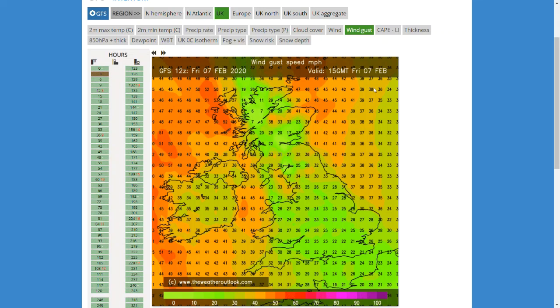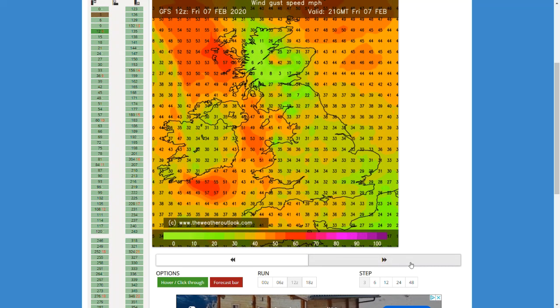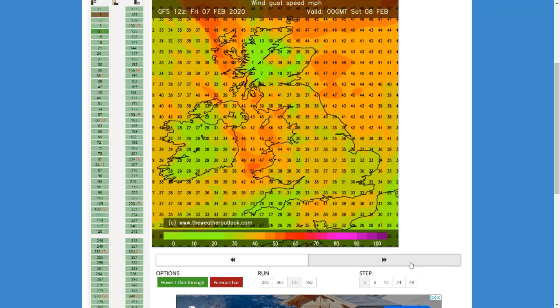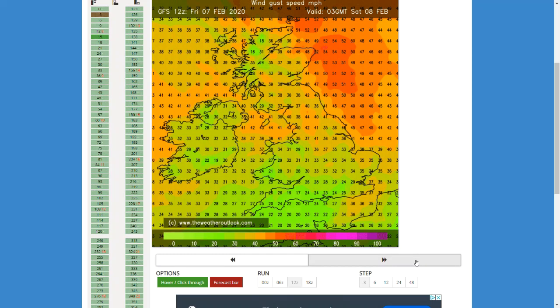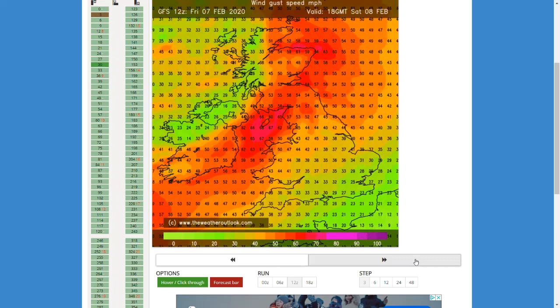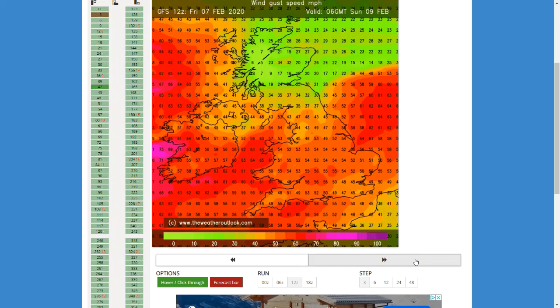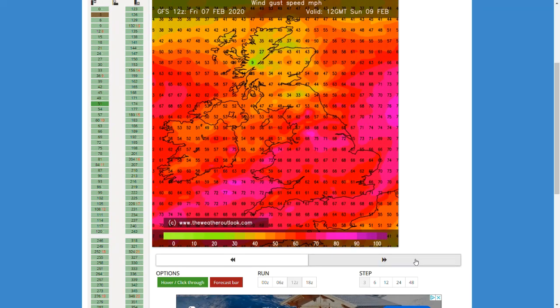And welcome back. We're now going to be looking at Storm Ciara, with the potential wind gusts that we're going to be seeing with that. Let's go through the GFS run. This is going in Friday night, so these are the gusts, remember, so 30 mile an hour, 40 mile an hour, quite widely. So you're getting a bit gusty tonight, before the very strong winds come in Saturday afternoon into Sunday evening. And there we get a real push of very strong winds, with gusts on the GFS going to around 75-76 mile an hour in the southeast,